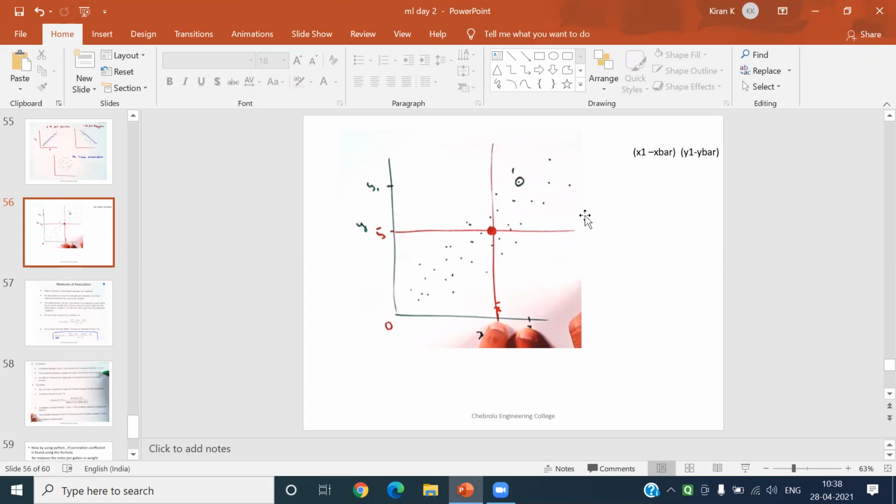Now, for all these points, what is the variance of x? Suppose you are requested to calculate that, you have to sum up all the x variances, for all points. For example, all the points in the first quadrant will definitely have a positive value, and all the